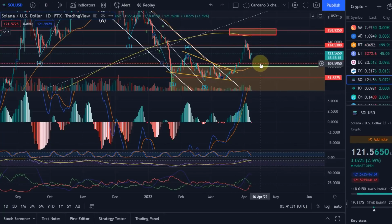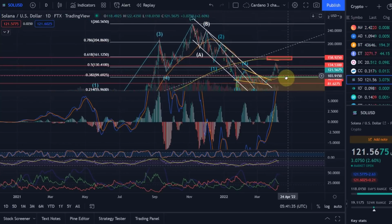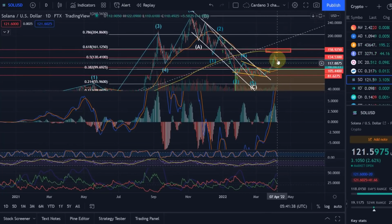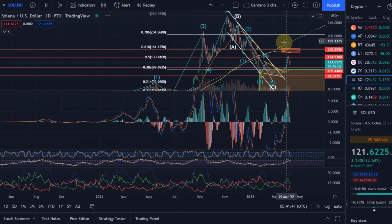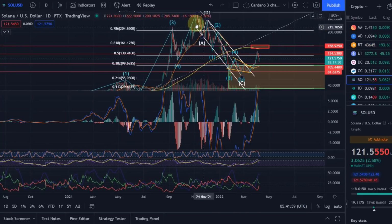Overall, zooming out, I think even at the moment, Solana is still at a very interesting price, especially after that dip. Remember, yesterday I told you as well, we were around $110, that we had a drop from 144 to 110. Quite interesting already, but again, we are still not confirmed. It's not confirmed yet that we are through the correction. We're still very early. All I'm saying here is that because Solana did get into my target area down here and made a lower low compared to the wave A,